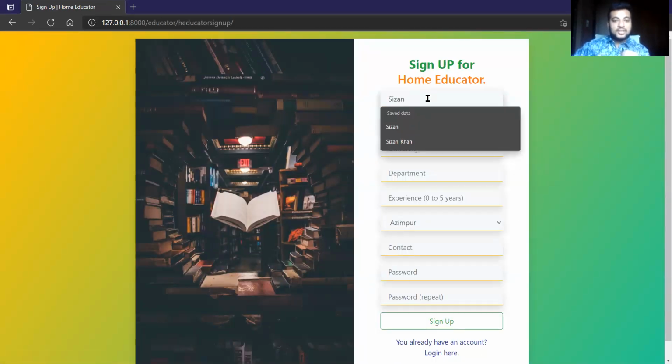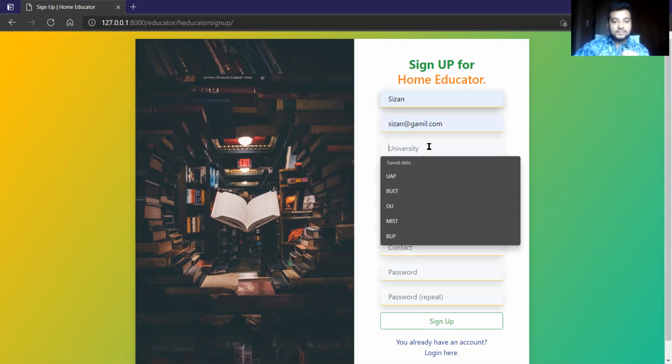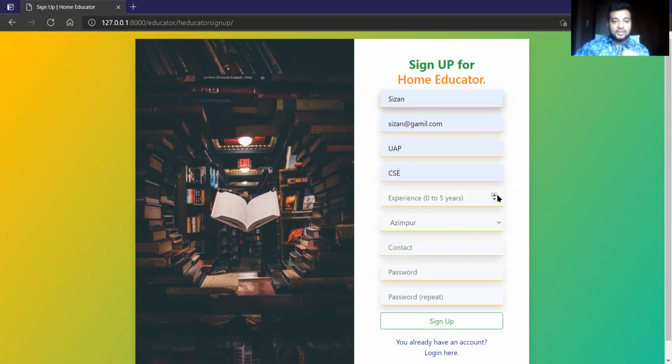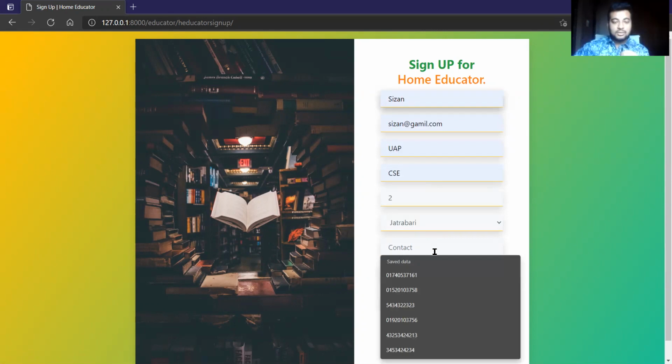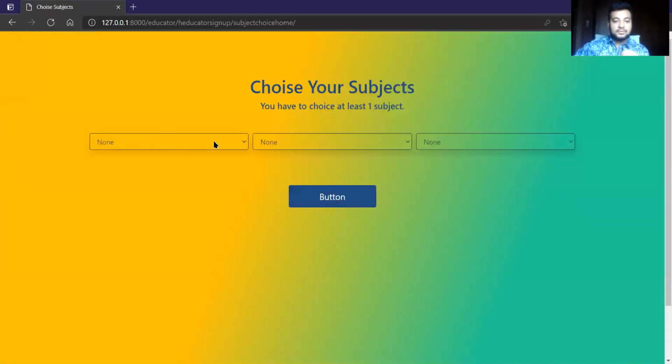Here we will fill up the form by giving the username, email address, university, department, and the experience year, which is between 0 to 5 years. And save the location, contact number, and password. And repeat the password for verification. And press the sign up button.